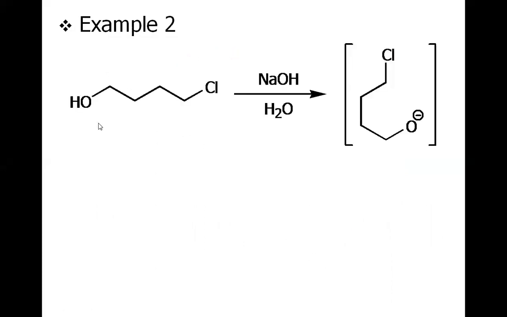In the second example, we have the alcohol and the haloalkane in the same molecule, and hence we will be having a cyclic molecule which will be achieved by an intramolecular attack. So this is the mechanism. First of all, the hydroxide will abstract this alcoholic hydroxy proton to give this oxyanion. Now this oxyanion will attack this carbon, the alpha carbon, and the chlorine will depart, and we will have a 5-membered cyclic ether.